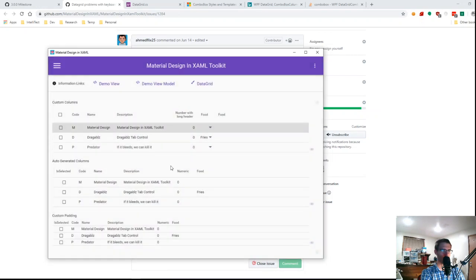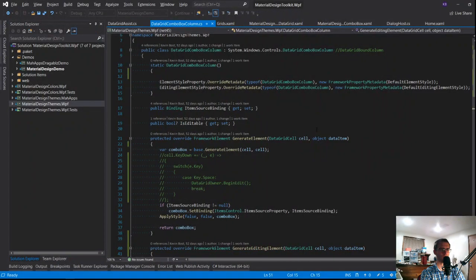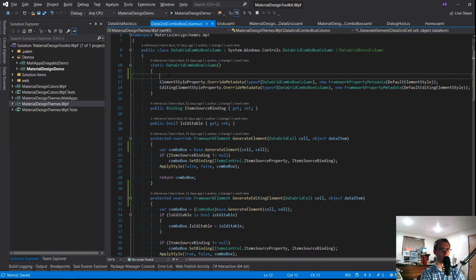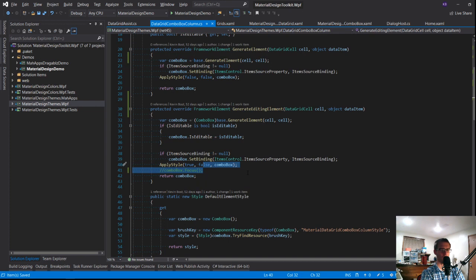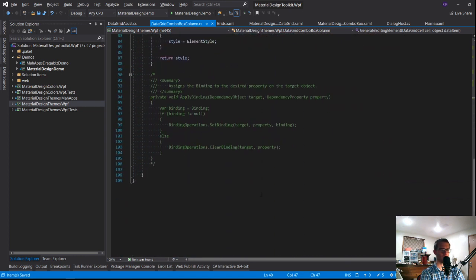Okay, so tab, spacebar, and I am in and editing. Escape gets me out, and away we go. That seems a lot better. Okay, so we're going to fix 1284. So we're going to clean this up, and then I think I'm okay with that. I think this is far superior to where it was. I mean, our combo box columns are only there to try and smooth over the rough edges in WPF. Not really trying to compete.